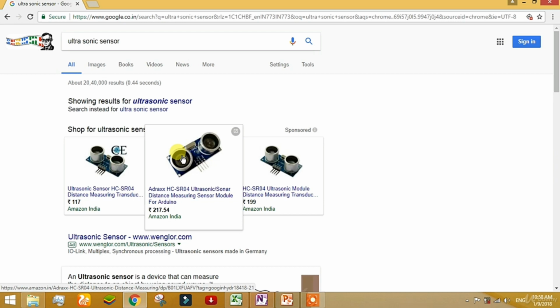Because the speed of ultrasound is very low, something about 360 to 400 meter per second, it is very easy for a simple microcontroller or simple processing chip to calculate the distance, and so it is very cheap. So ultrasonic sensors are very cheap, but there are very high-end ultrasonic sensors also available, and we will be discussing them in the future. This was the example of an ultrasonic sensor that is used to measure the distance.